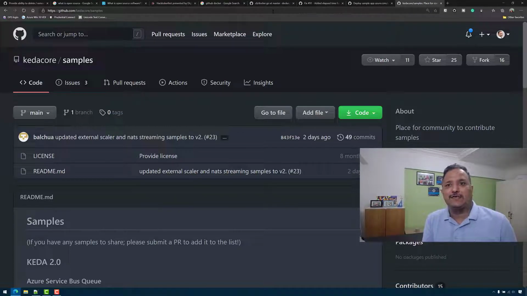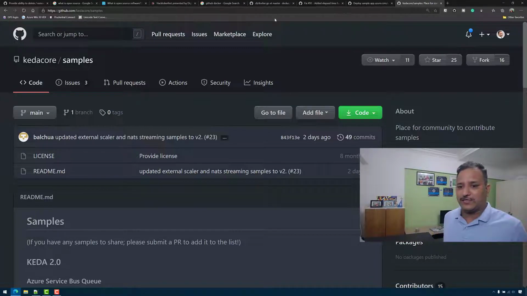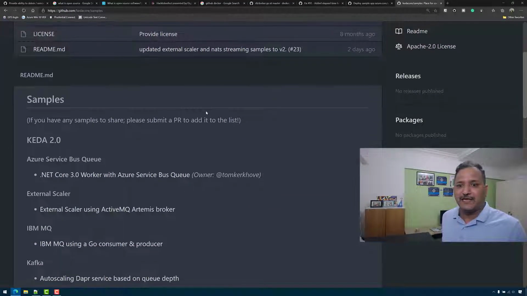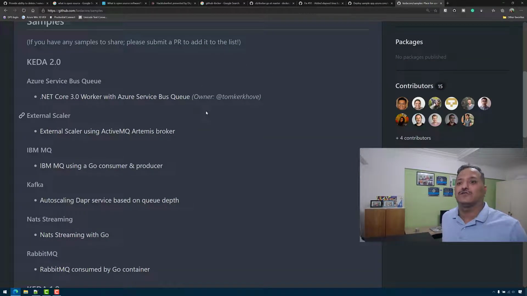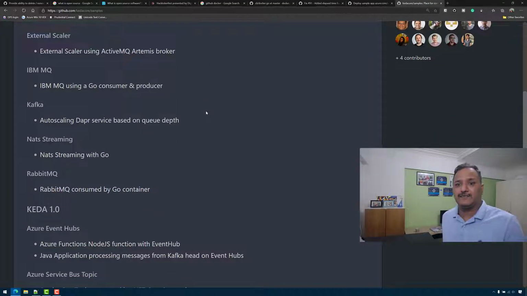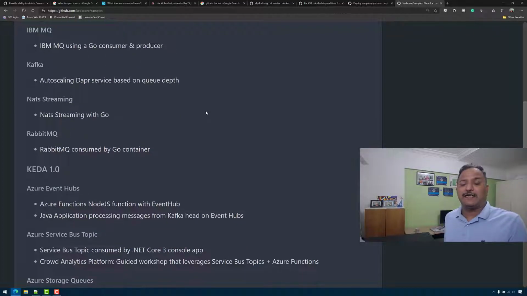KEDA is Kubernetes-based event-driven auto-scaling, and it supports multiple event sources, and it supports multiple languages as well. So the examples which exist on the KEDA, so if we go into the samples, I'm looking at specifically the samples related to KEDA. We see that it has some built-in samples, or the samples which are provided by the KEDA team itself. And maybe me as a user, I might have created a sample and I can contribute it